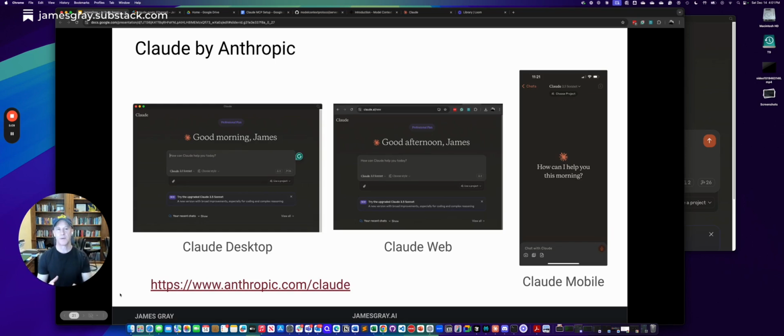And I think this is what we're seeing, right? These tools, whether it's ChatGPT or Claude, are really becoming kind of the surface, either through voice, images, or text, where we're engaging with it. For those of you who are not familiar with Claude, there's a couple different ways we can use it. One, in the middle, of course, Claude AI on the web. A couple weeks ago, they came out with their desktop version, both on Mac OS and Windows, and then there's the mobile version. The one we're actually going to use as this agent surface is the Claude desktop, because that's the only one that works with that today.